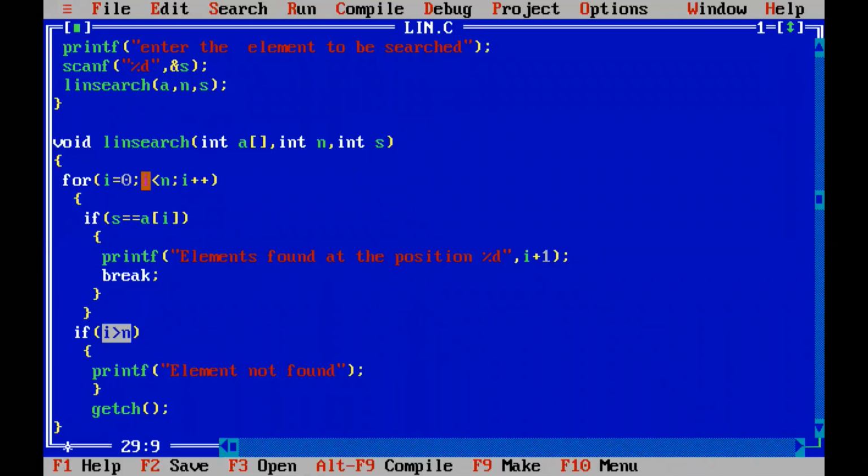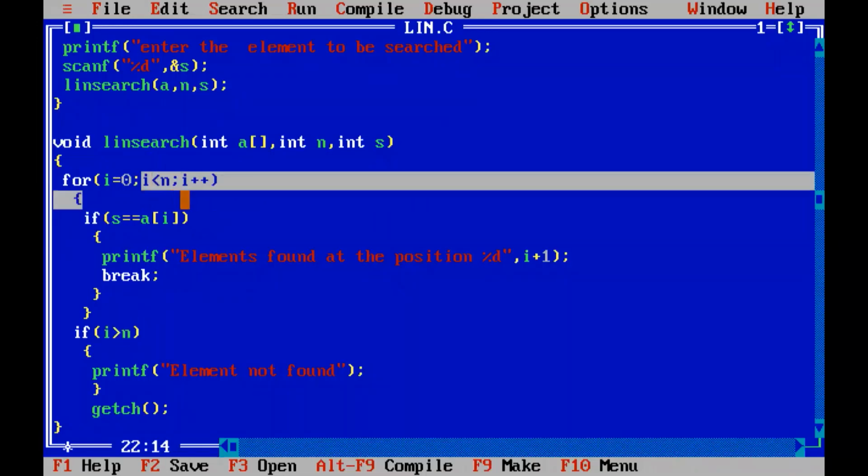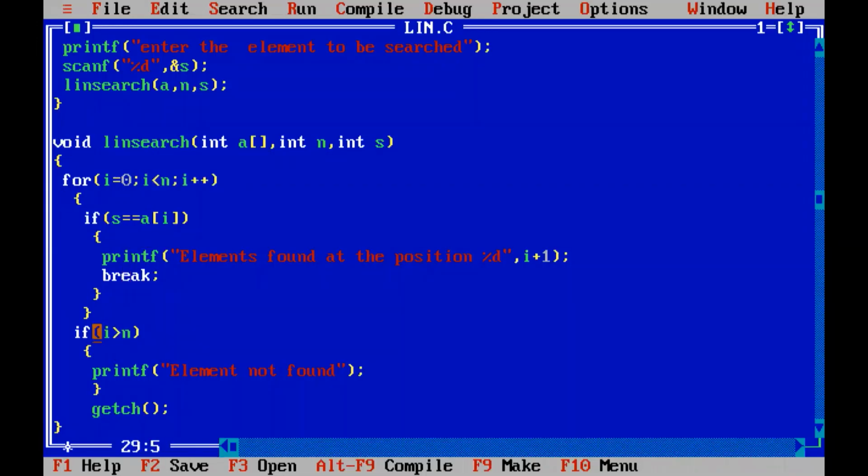equal to n, right? If it is less than, only it will execute this line. When it is equal to 5, this condition will not be satisfied and it will come out of this for loop. So if you give when I value is greater than 5, n value is 5, right? So I value is also 5. 5 is not greater than 5, so it will not print the statement. So just make one correction because I didn't check the last part. Make it as equal to. If I value is equal to 5, then the element is not found. So this will be the one correction.